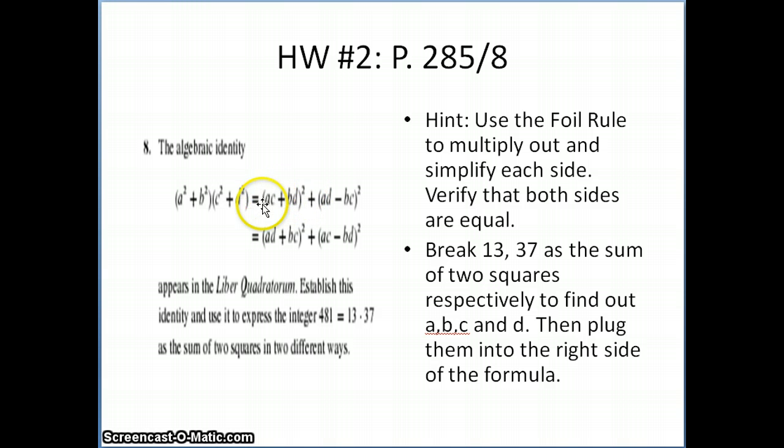That's the square of the first term, plus twice the first times the second, plus the square of the second term. But if you haven't memorized it, you can still use the FOIL rule, just remember to expand it as AC plus BD times itself. Similarly, do the same for AD minus BC. So after we multiply both out and combine like terms,